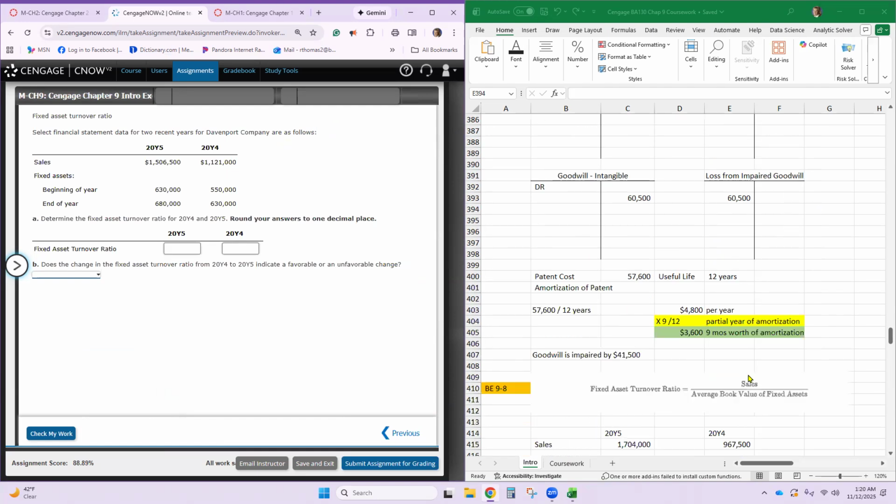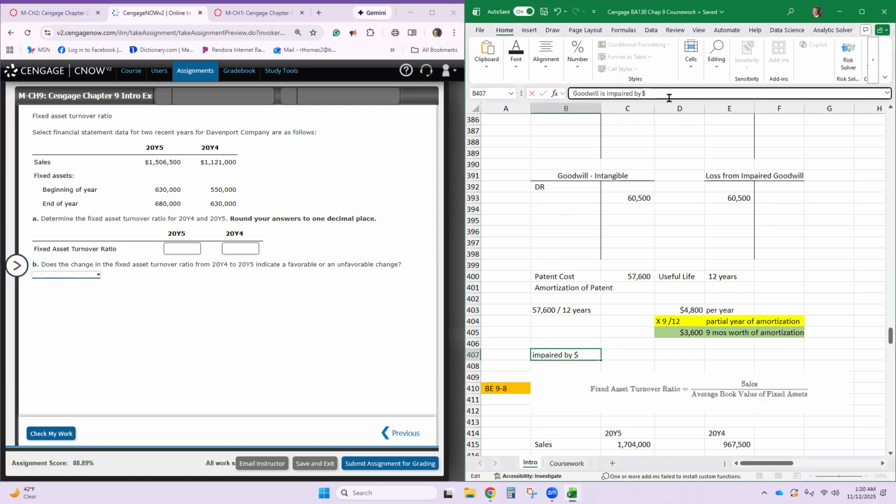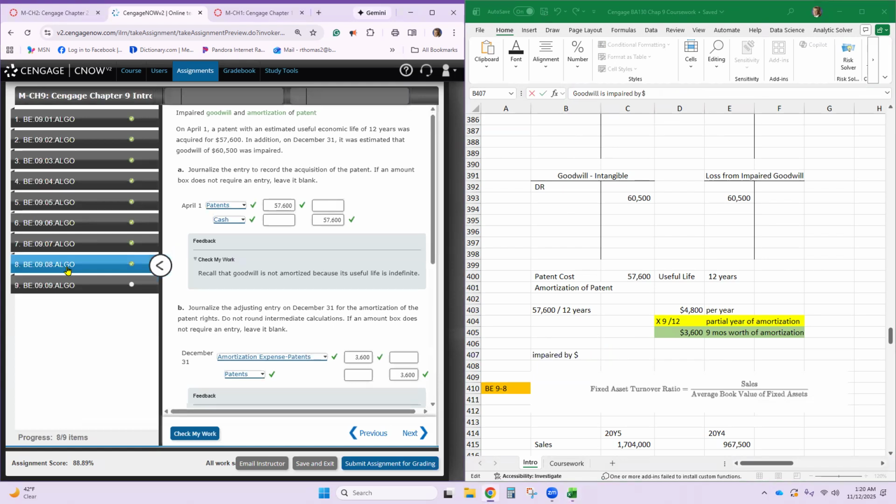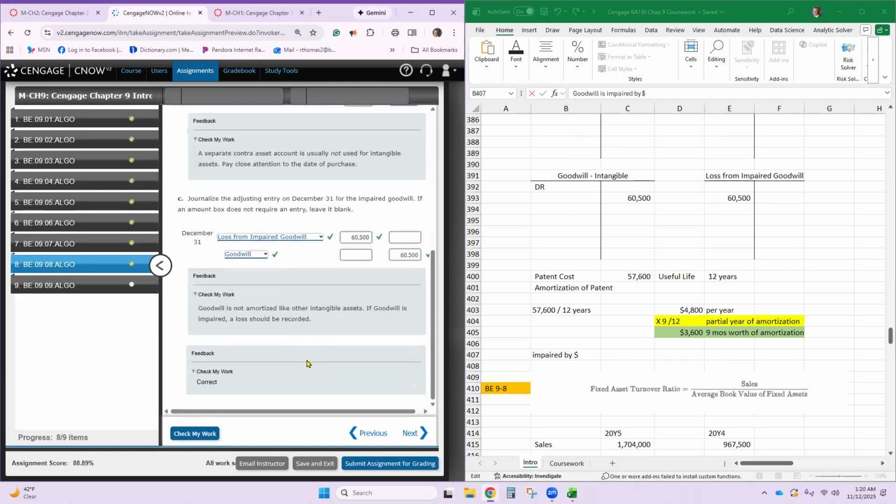So I know goodwill is pretty controversial because sometimes it's hard to pinpoint how much it is, a business's reputation type of thing. And so, yeah, I've just heard about goodwill. I've never worked with it myself, but once again, the impairment is